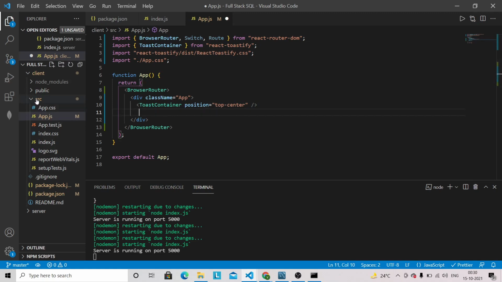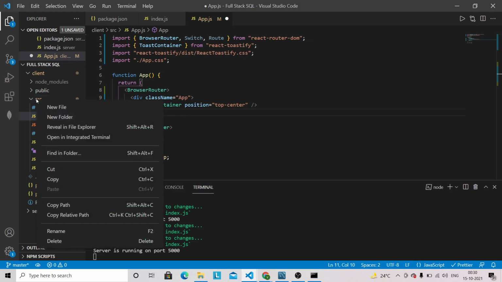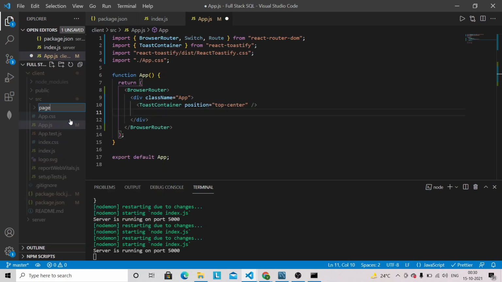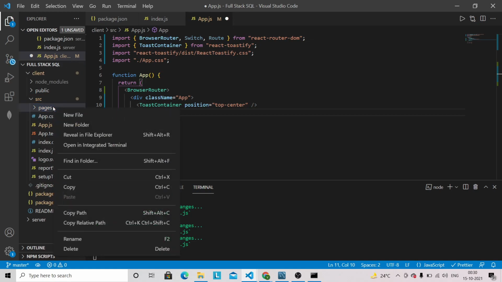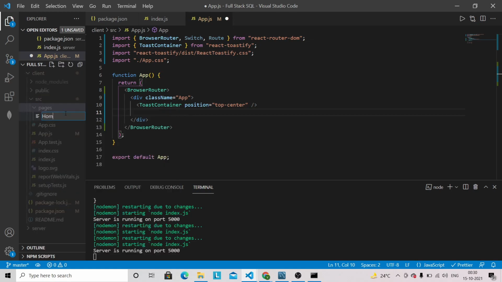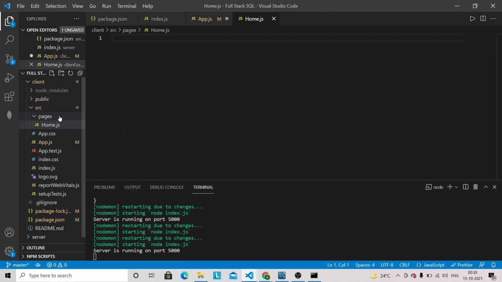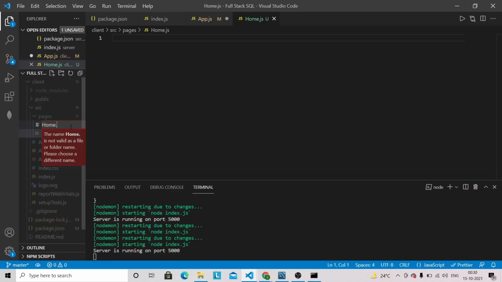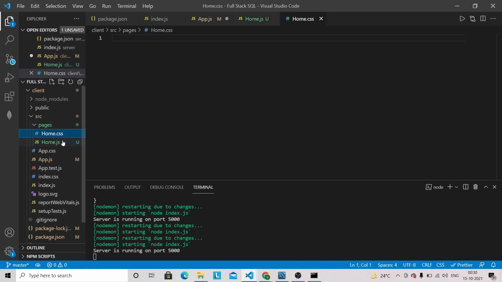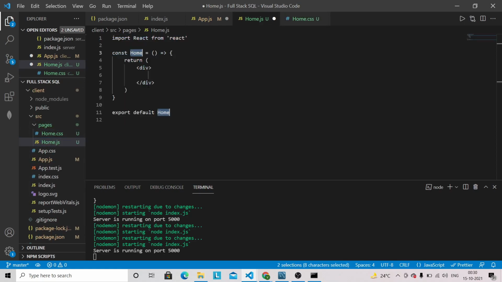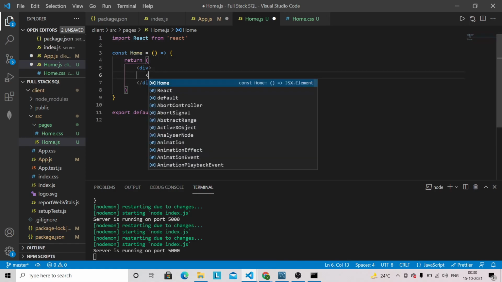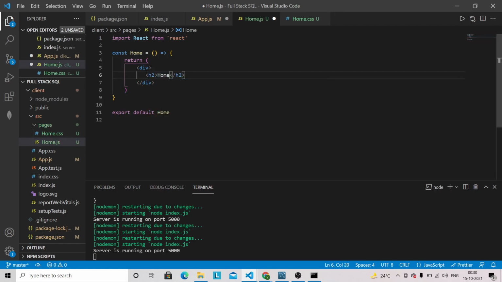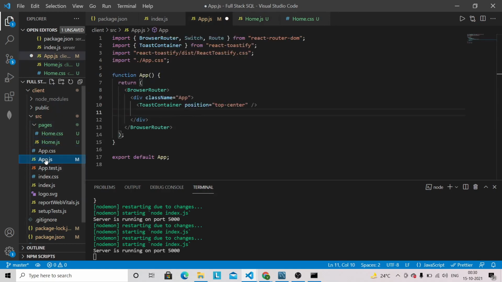And let's create here one folder, pages, and here we are going to have home.js, and let's also create the CSS file for this page, so home.css. Let's generate the snippet here, and let's give here home title, and let's bring this component into our app.js file so that we can register the route.